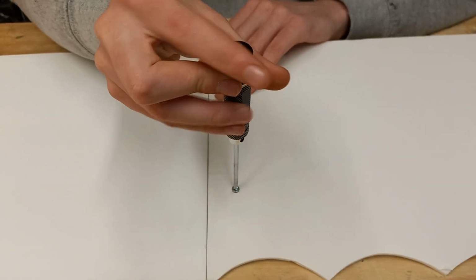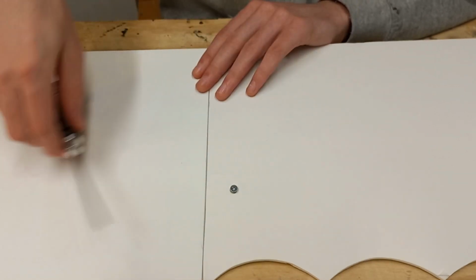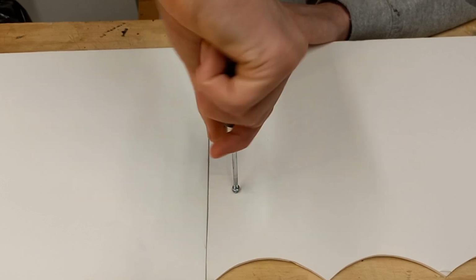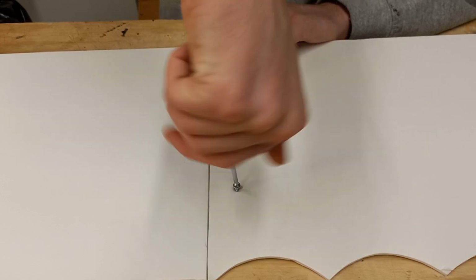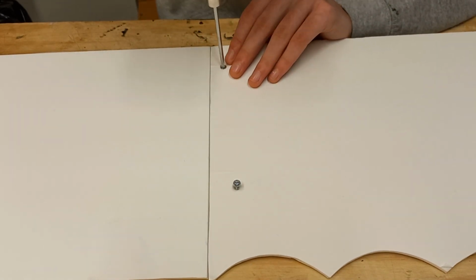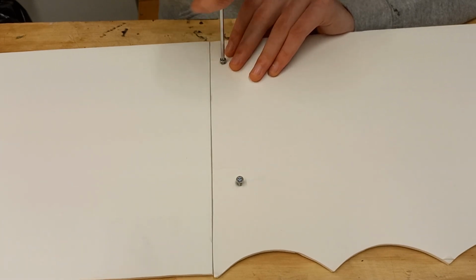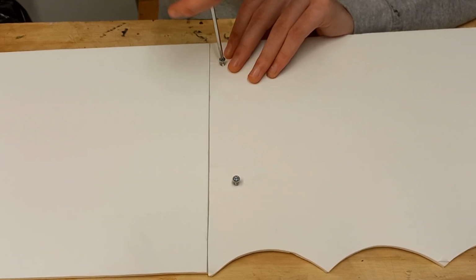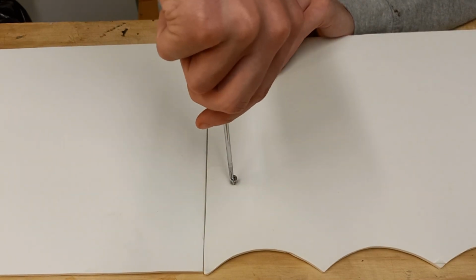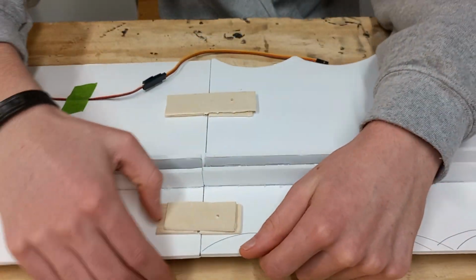So to unattach the outer wing panels here, it's very simple. I take my screwdriver, back out this screw, that should be about good right there, and back out this screw as well. Make sure that these screws are nice and heavy duty because they are the thing that's holding the wing together. So once these two are both backed out, you can now